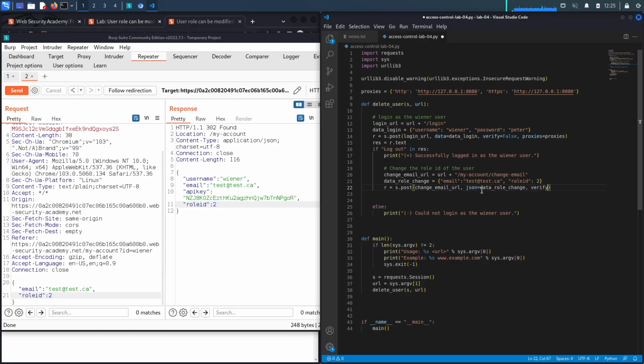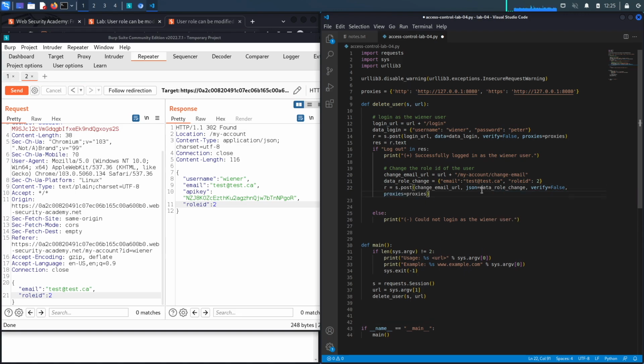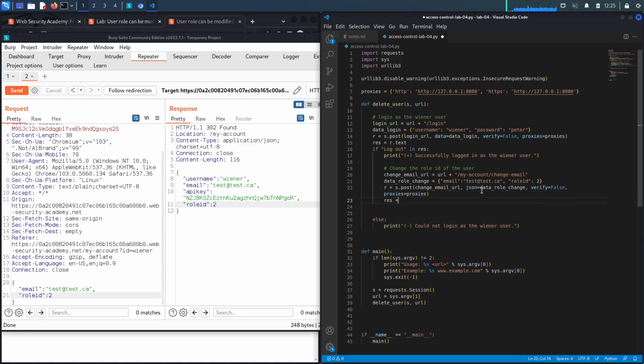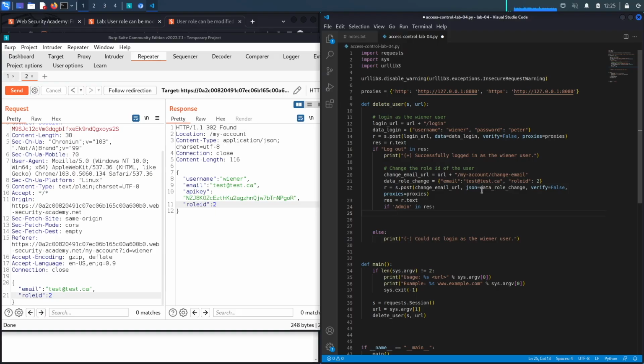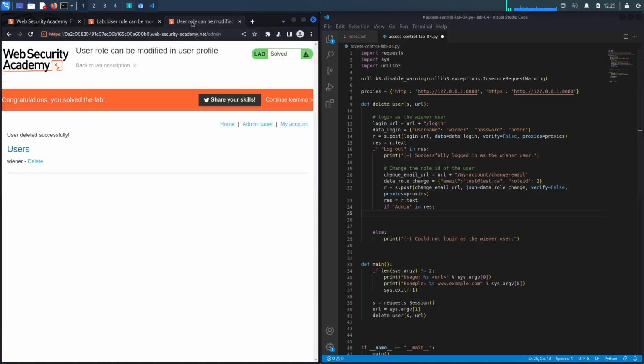Again, set verify to be equal to false, and proxies to be equal to proxies. Okay, and then we're going to set the response to res. And we're going to say if the word admin is in the response. So if you could see the word admin, what we're looking for really over here is the admin panel. So if that's in the response, then print